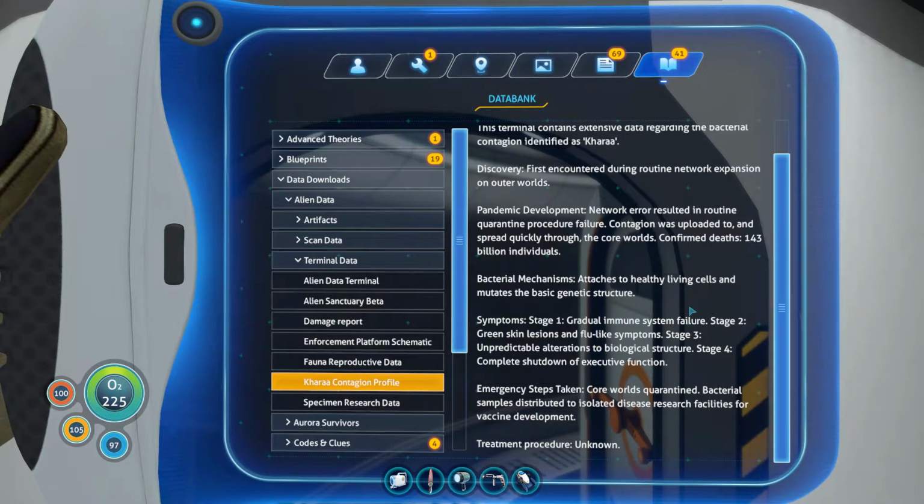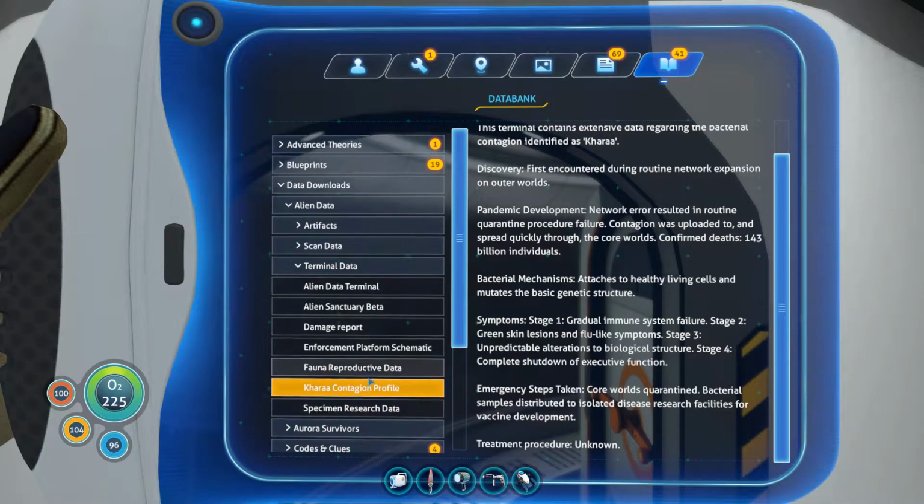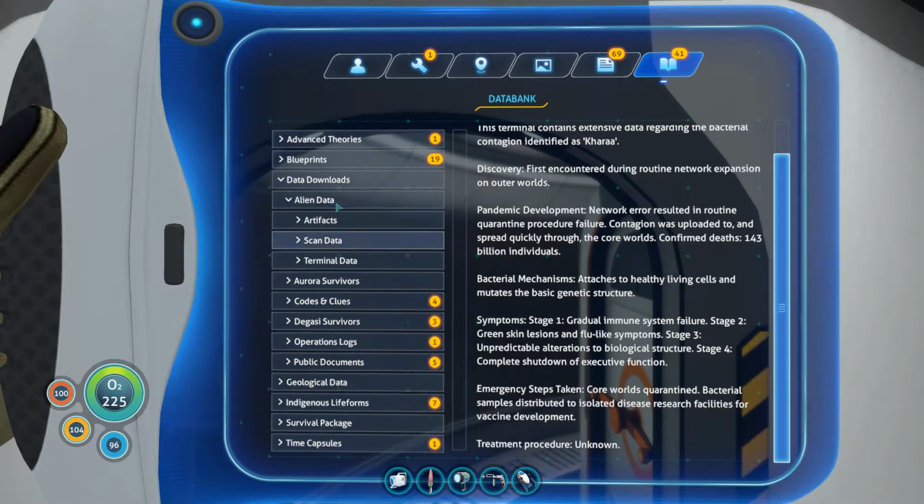Gradual immune system failure, green skin lesions, and flu-like symptoms. So we're at stage 2. Stage 3 is unpredictable alterations to biological structure. Stage 4 is complete shutdown of executive function. It's one hell of a contagion. So...